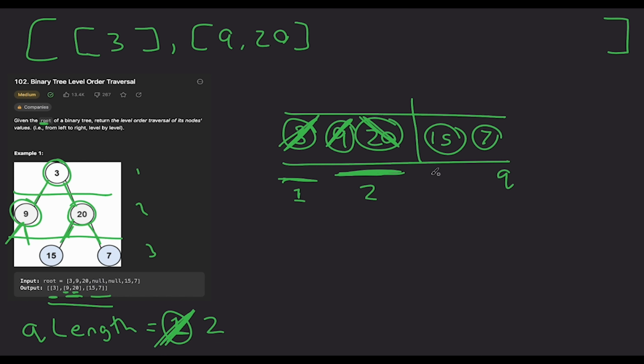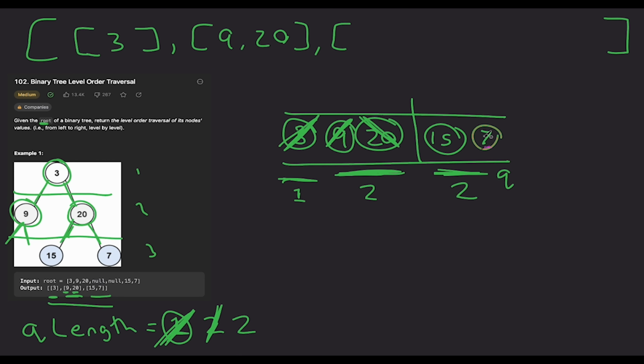We say, do you have any values? If you do, set our snapshot of the amount of values of this level to whatever the length is of our queue. So we're at the top of our while loop again, right? And we say, does the length of queue not equal 0? Yes, it is not equal to 0. It's equal to 2 again. So we set it as 2. We know that there's values to push for this level, so we create a new subarray. We reset our queue length to 2,